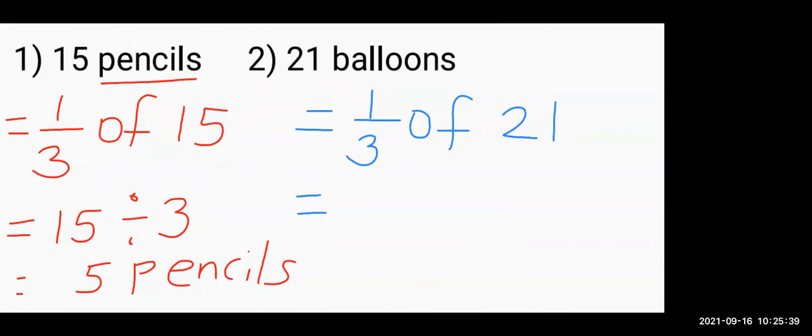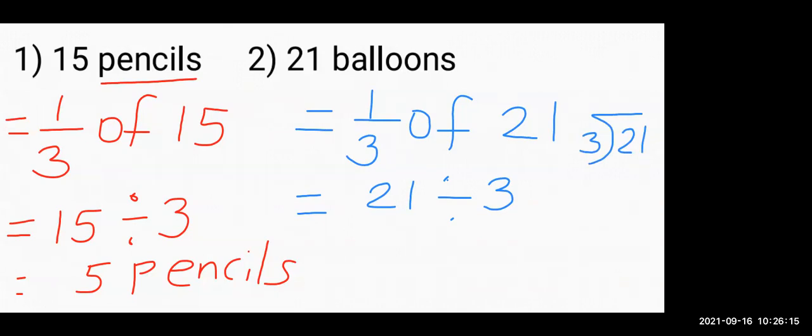See, we are not going to change the 1/3 because it is already given in the question. That is 1/3 of each of the collection given below. So 1/3 will remain constant. It is not going to change. So 1/3 of 21 means 21 should be divided by 3. Now do the division, 21 here and 3 here. Now in 3 table, 21 is coming how many times?